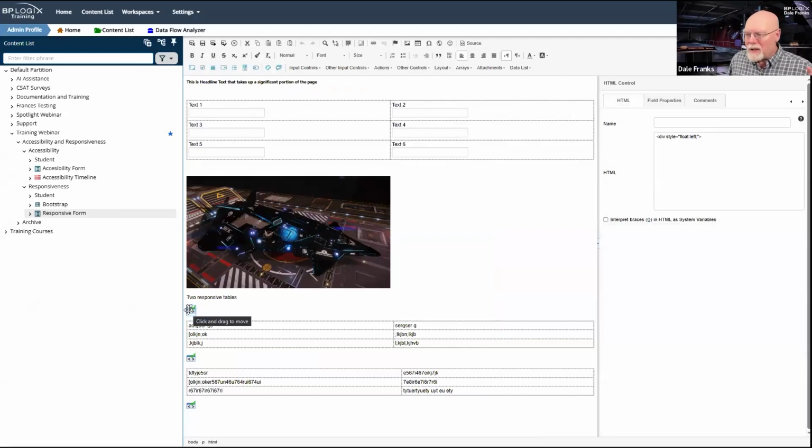Then there's the HTML control, because in the HTML control, I can actually do some cool stuff. Now, you need to know how to use HTML to do this. So I'm not going to give you a detailed explanation of HTML and what a div tag is and whatever. I'm just giving some advice for how you can do this. But I have two responsive tables here.